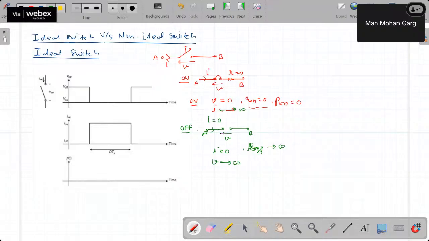This is our expectation. Another expectation is that whenever I want, at whatever frequency I want,